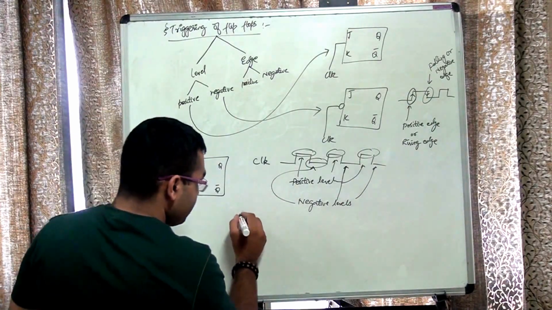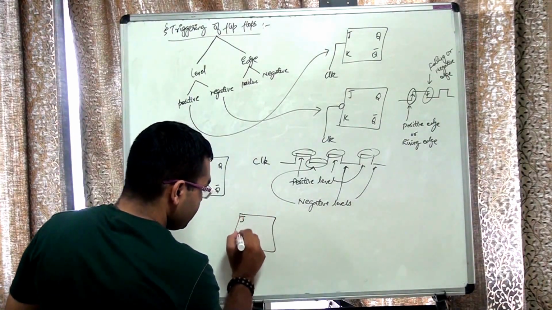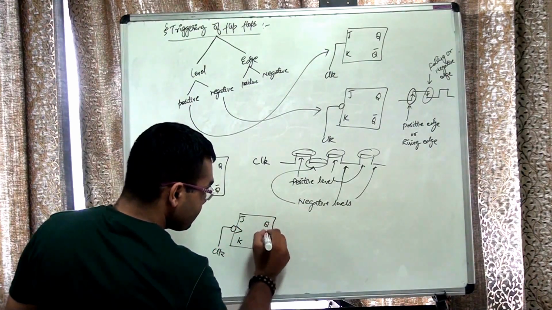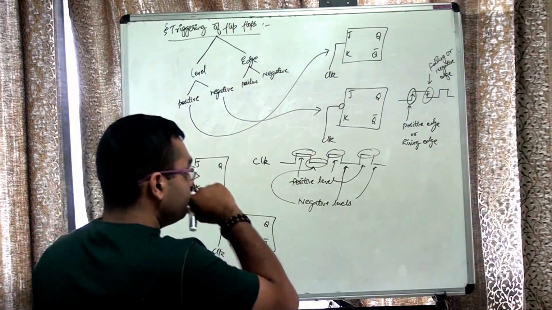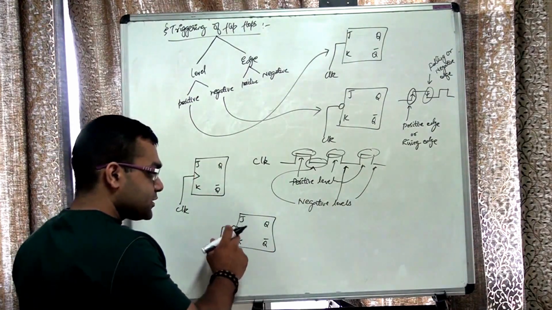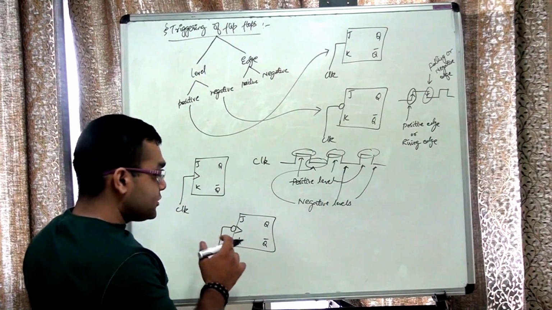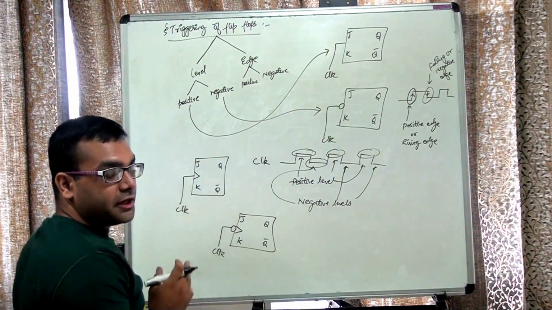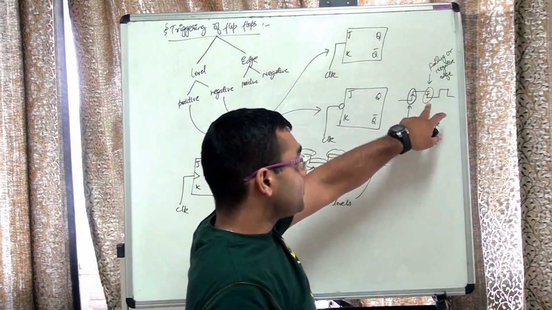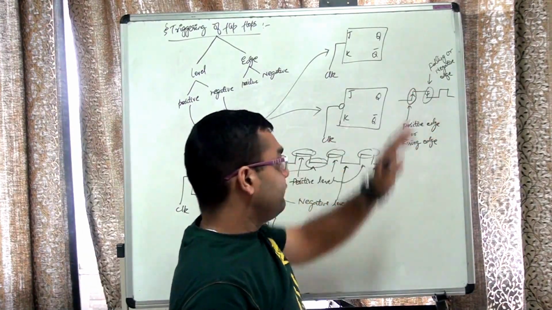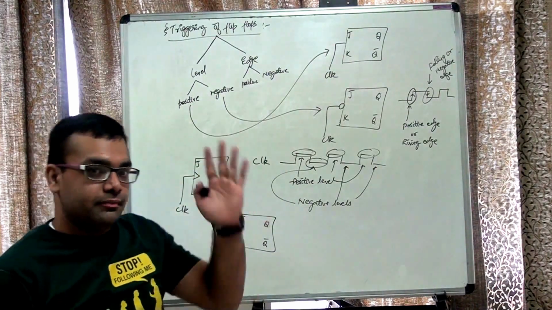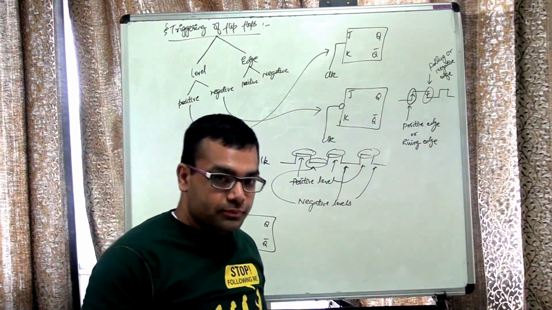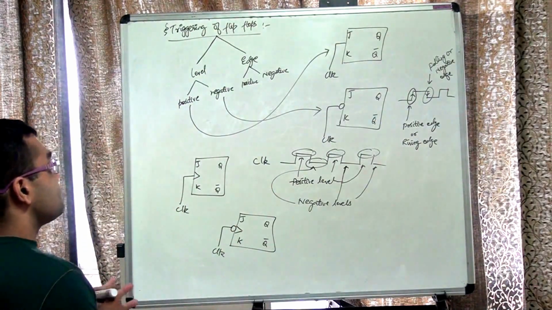Alright, and similarly we can show our negative edge trigger also. Sorry. So a not is applied, so this becomes a negative, and a cut has been shown, so this is a negative edge trigger. So my flip flop generates output whenever the clock value falls from 1 to 0. Alright, this is the meaning of the triggering of the flip flops. Okay. Now let us move on further.